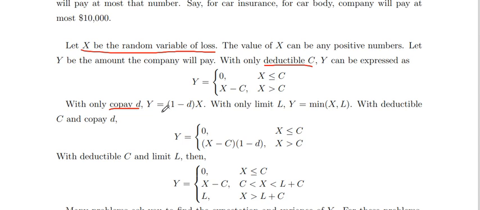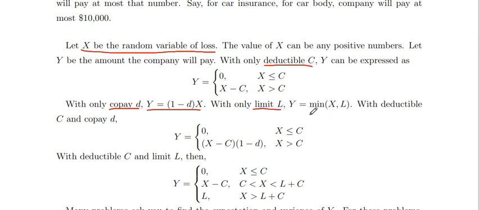Insurance, let's say, copay: you pay a share, and the insurance will pay the rest. Like if it's 20%, the insurance will pay 80% and you will pay 20%. And the limit,